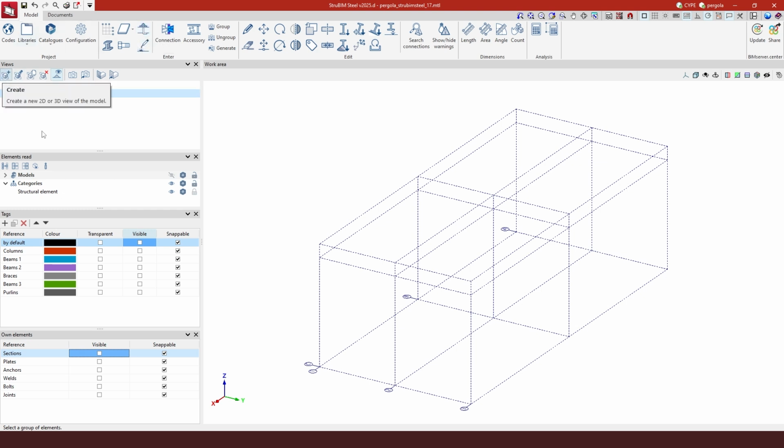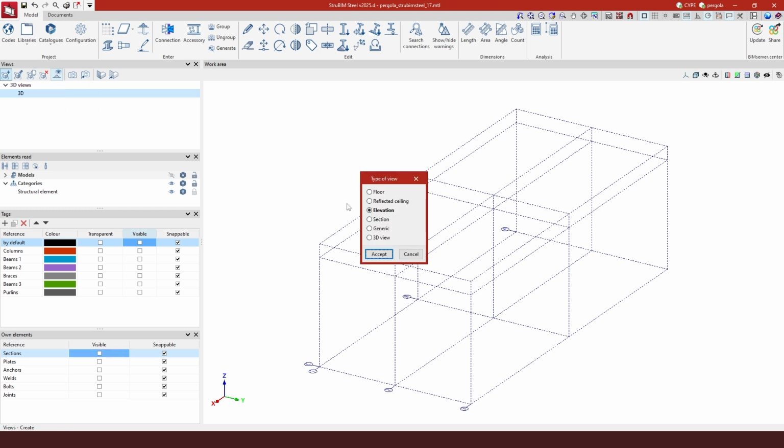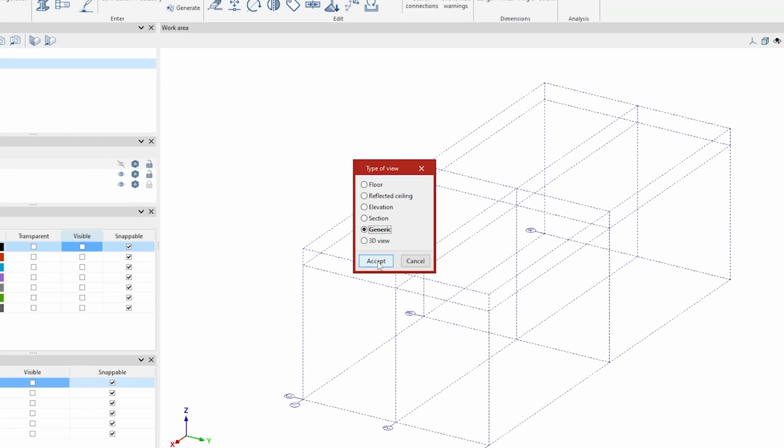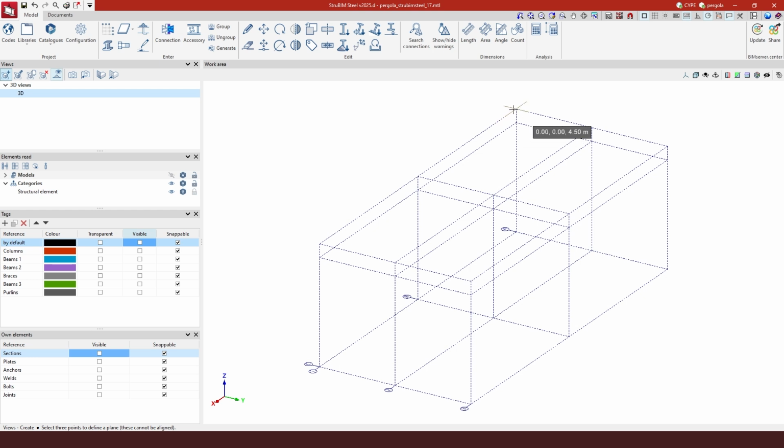So to create another view besides the 3D view that we have, we come here to views, create, and we're going to start with the generic type of view. We want to create the 2D view of the floor, the roof, so we're going to select generic, and since the 0, 0 coordinates are right here, in the A and 1 grid, I'm going to come here to 4.5 of elevation, and I'm going to select the x-axis in this direction, from here to here, and